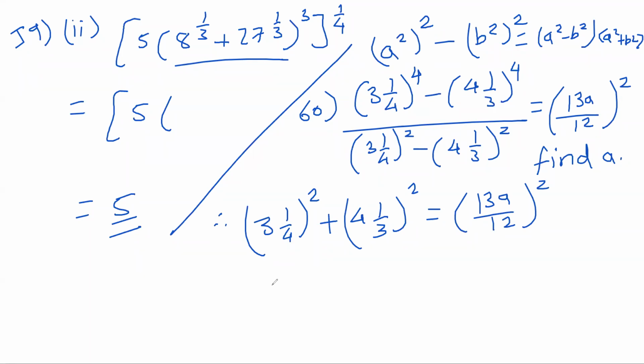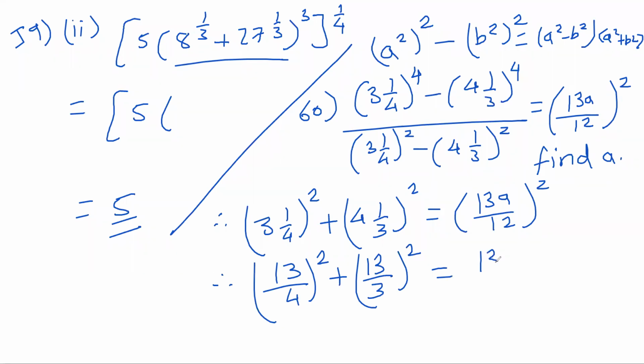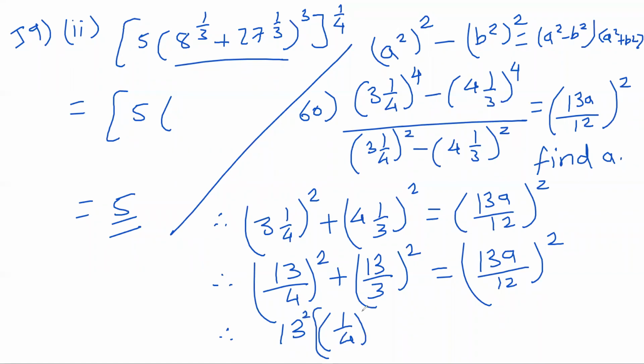Oh, how, son? The denominators will cancel, so won't it be plus? Yes, that's fine. Oh my, how do you do it like this? 4 3 12 plus 1, 13 upon 4 square, 13 upon 3, plus 4 3 12, 13 upon 3 square into 13a upon 12 square. Now take the LCM of this. What is its LCM? 12. So what I will do, look how I will solve. I'll take 13 common, 13 square common, sorry, and you get 1 upon 4 square plus 1 upon 3 square.